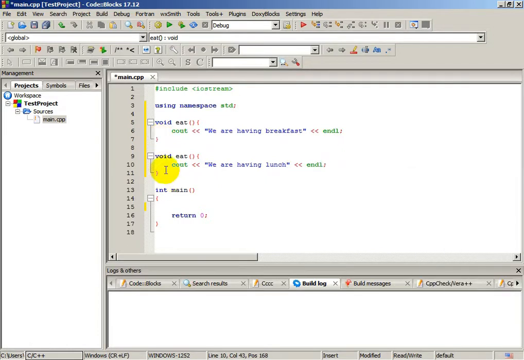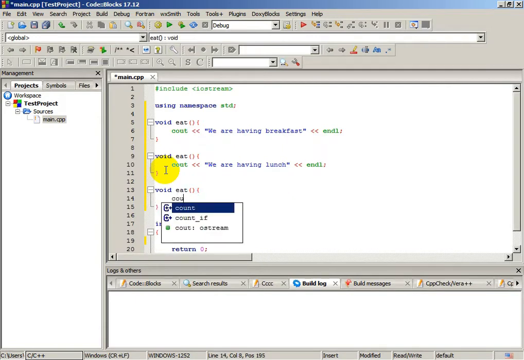And I also can create another function with the same name: we are having dinner. Okay, now we have three void functions with the same name, and now we want to call the function eat